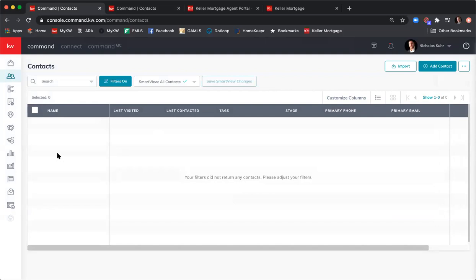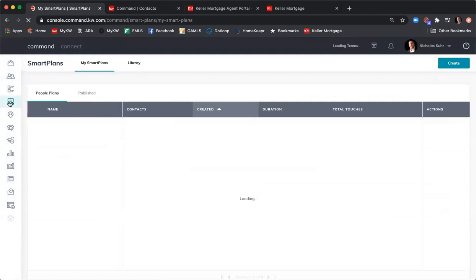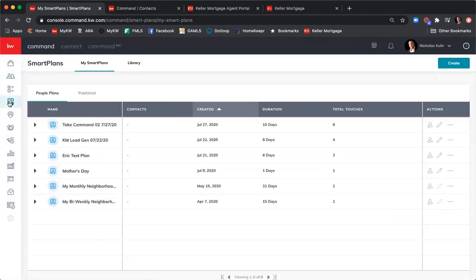But now we want to create a smart plan. So to do that, I'm going to click on the Smart Plans icon, which is right here. It's going to be the fourth icon down, Smart Plans. And I go through Smart Plans in TCO2, so I don't want to go through too much, but I want to walk us through how to create